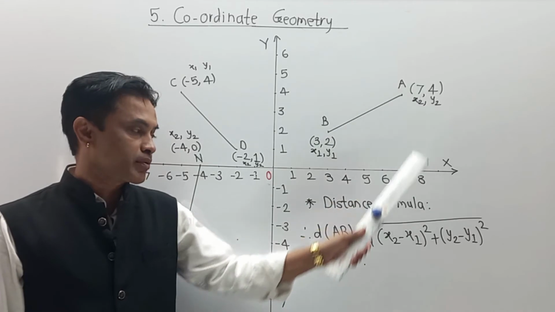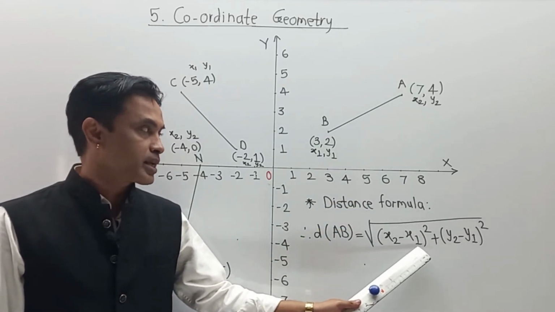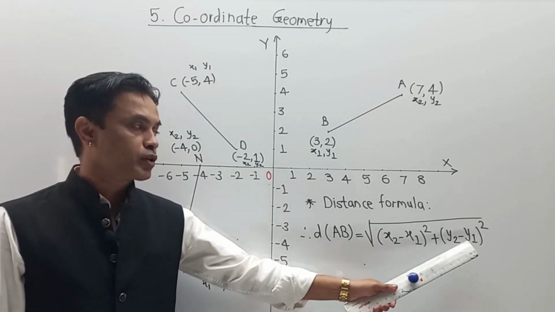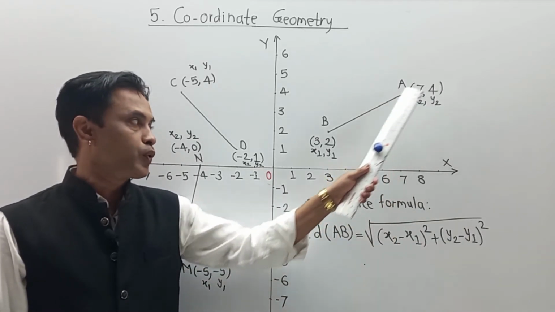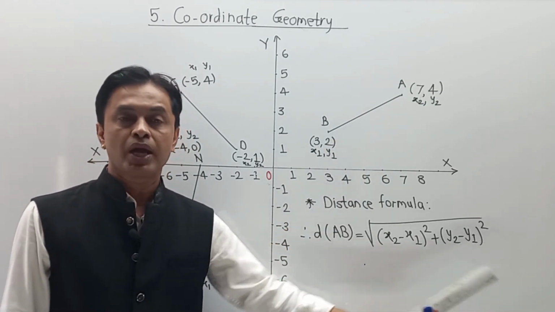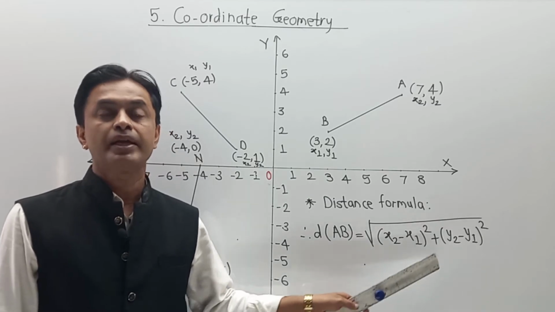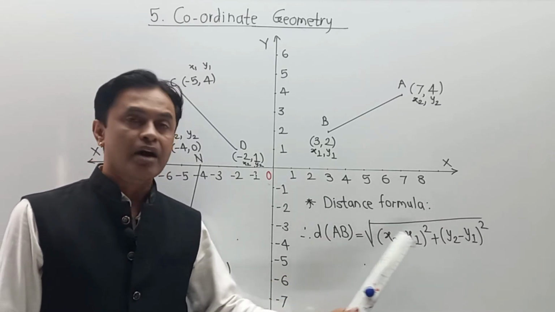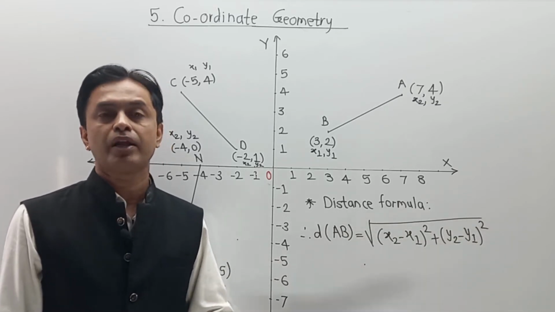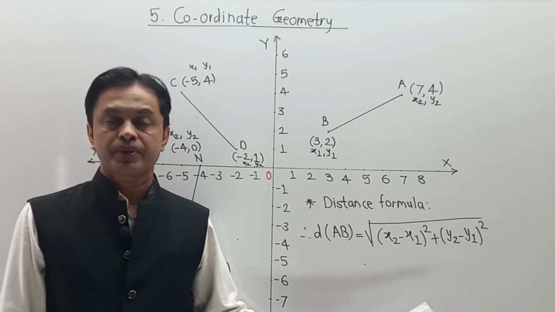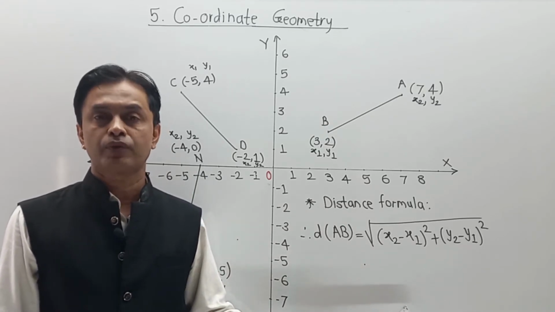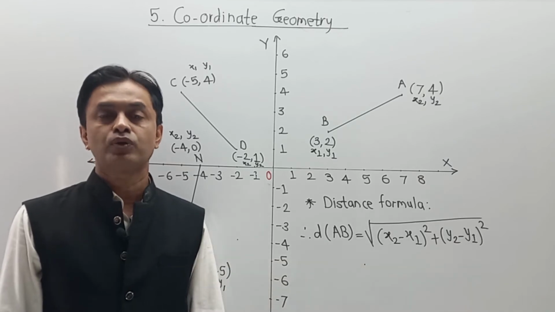Here you have to put the value of x2. So your x2 is 7, you put 7, minus x1, the value of x1 is 3, you put it here, plus y2 minus y1, y2 having coordinate 4, minus y1 having coordinate 2, means 4 minus 2, and in this way we are going to simplify it, making a square expansion. Means after subtraction we make a square. After that we do addition and put the value outside the root. Sometimes some portion comes out of the root, or sometimes the entire value comes out of the root.